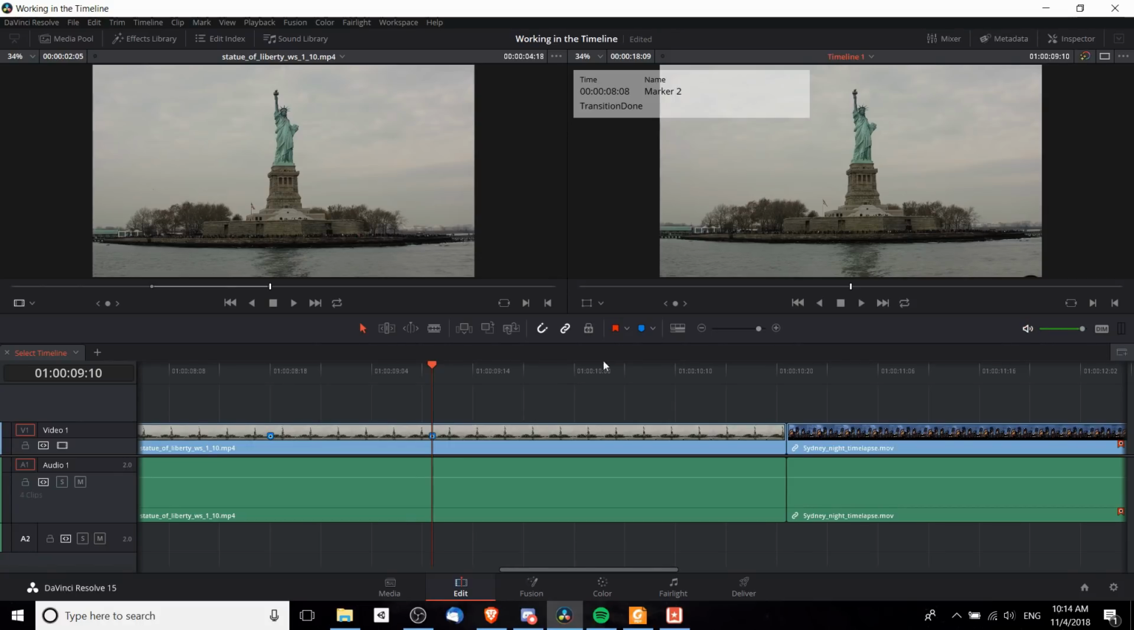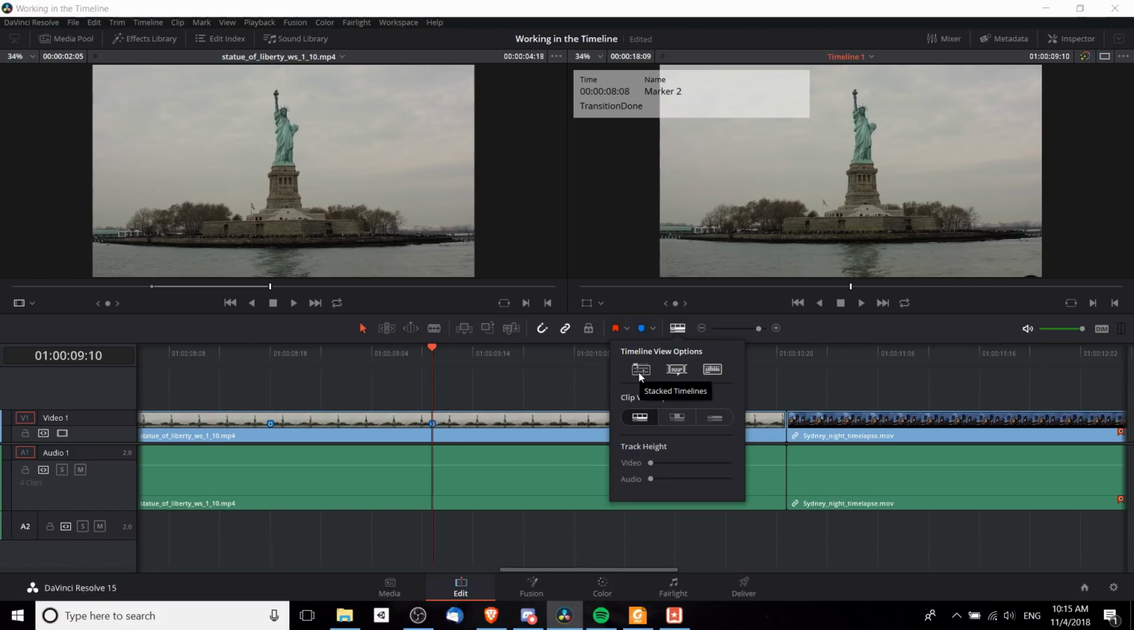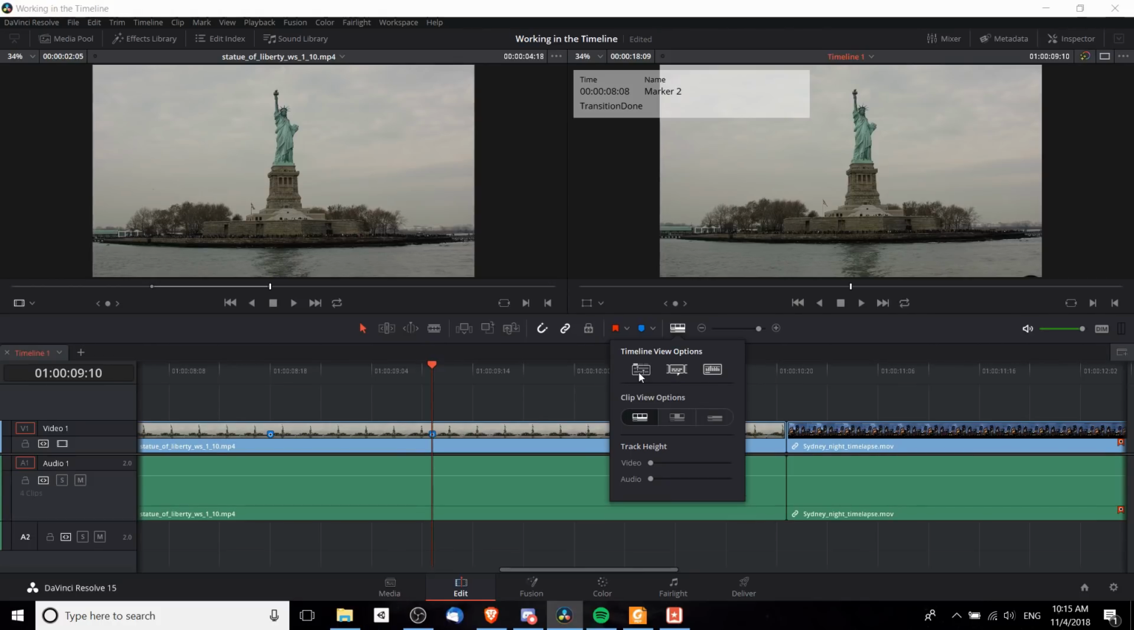And then finally, timeline view options over here next to the zoom. If we click on that, you'll notice that there are a few basic options we can set up for our timeline. So the options in here, by default, stacked timeline is not enabled. If we enable it here,